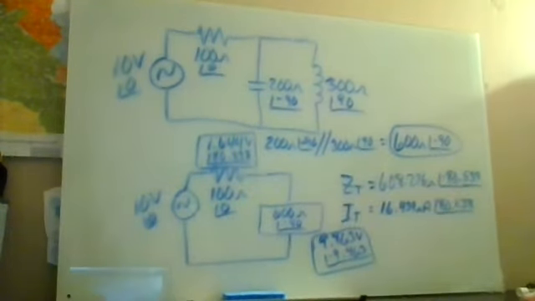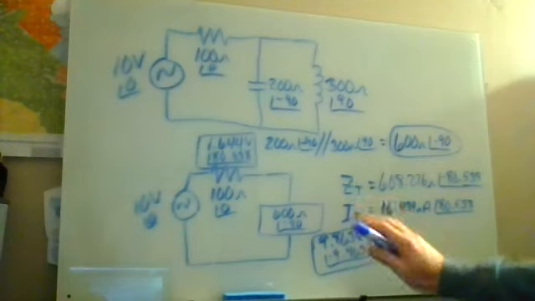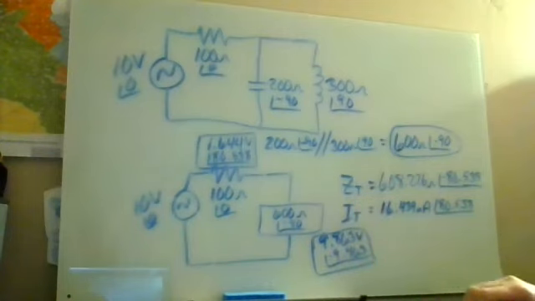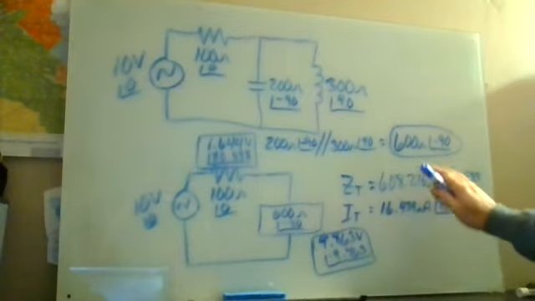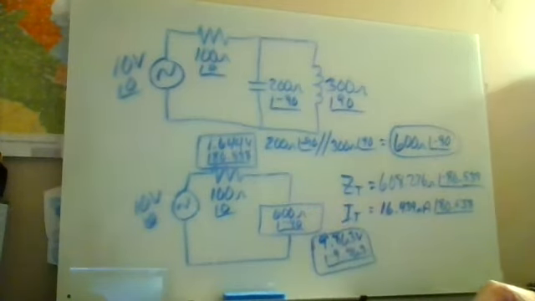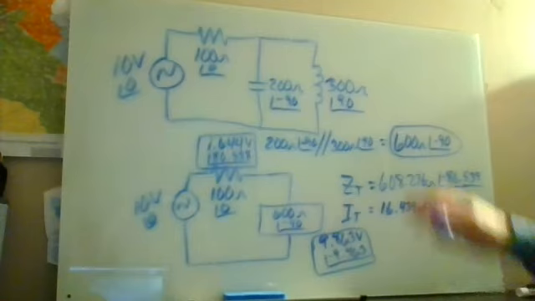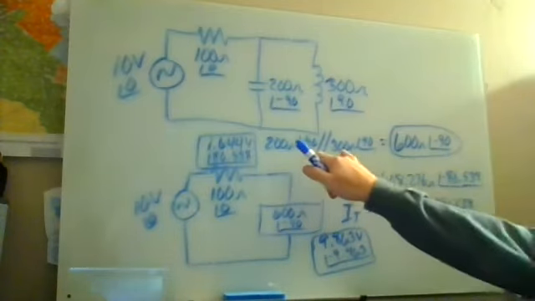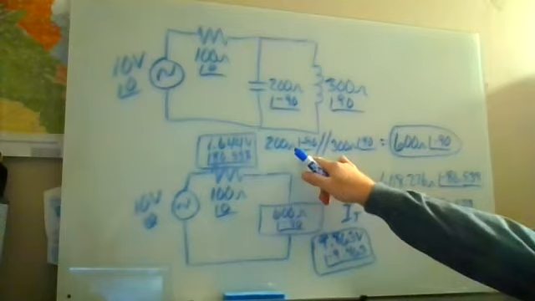Then I'm going to add these two voltage drops together and make sure I get what? 10 volts at an angle of 0 before I go any further, because I need to make sure that this circuit makes sense first. So if I add those up, you should get 10 volts at an angle of 0. So now I'm going to go back to, what did I circle? I circled this, my 600 at an angle of -90. Well, how did I find this? By these two in